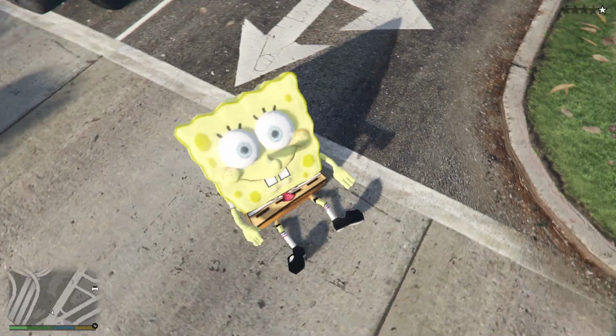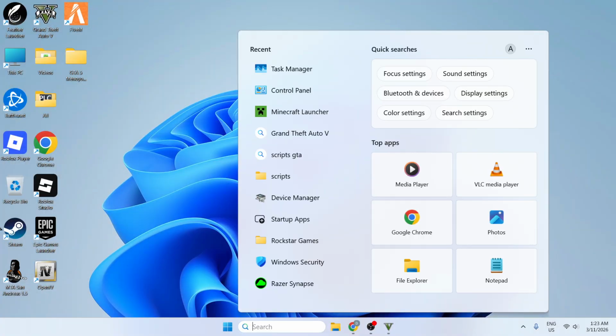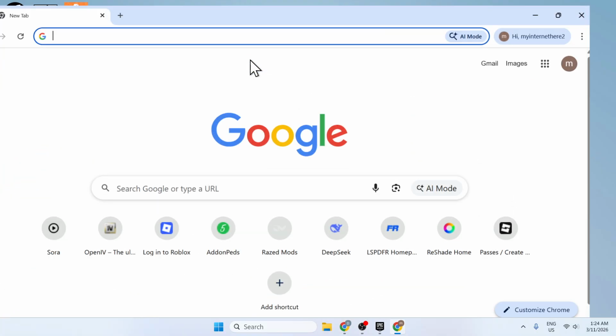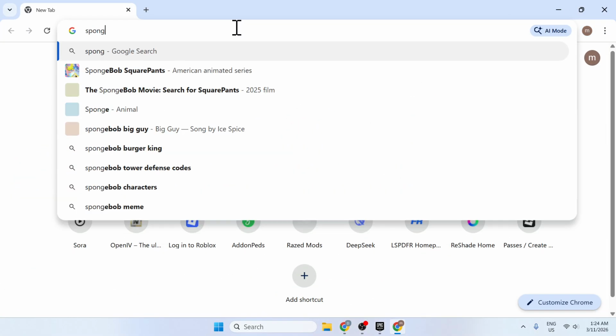So I'm gonna show you how to download this mod. So let's just get started with this. Okay guys, to start off, I'm just gonna open Google Chrome right here. So I have Google Chrome opened. So we're gonna start by typing in SpongeBob